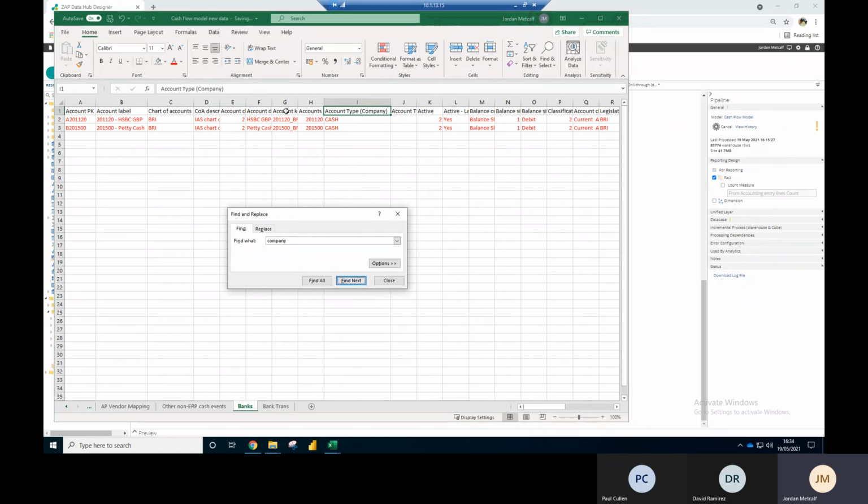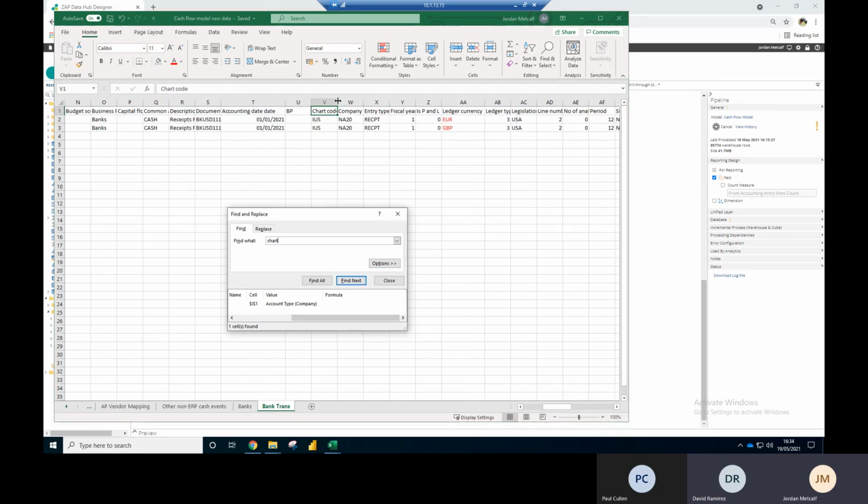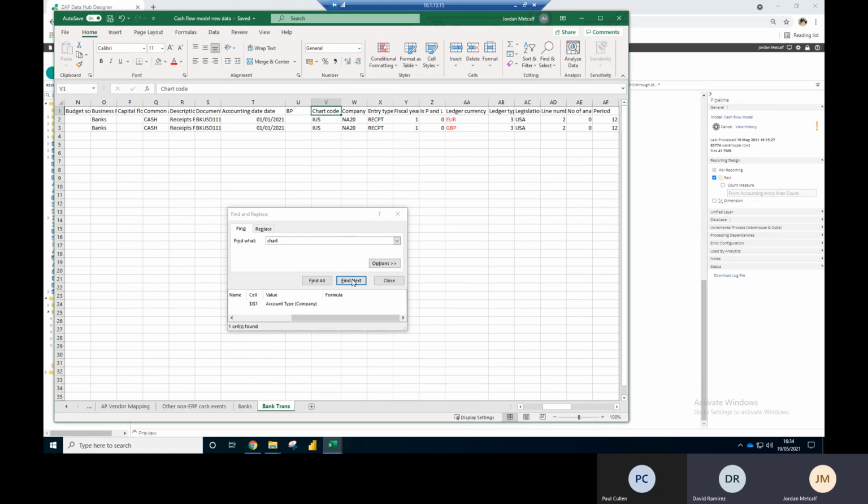That's the only mention of company. Okay. Yes. Chart code. Search for chart code. Chart. That's the only. Okay. And there, search for chart code. All right. There you go. So in the chart code,